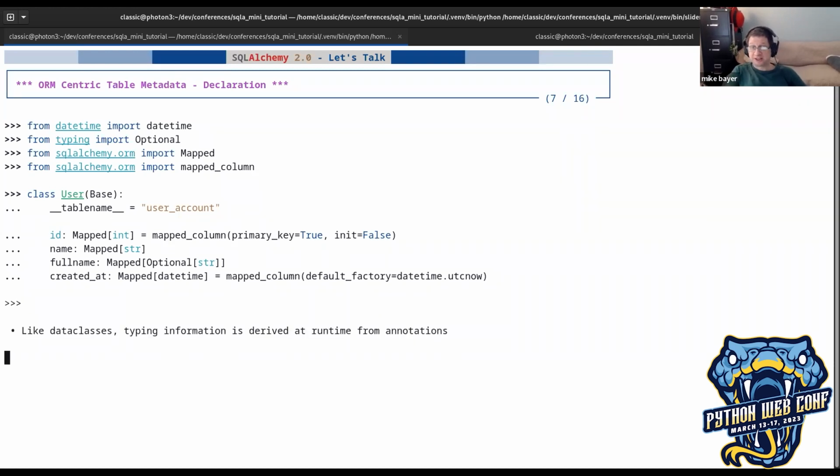So if you know Python data classes, this would make a lot of sense. People are at first like, well, what's this Mapped thing? That's ugly. What if I just call it int? The Mapped, first and foremost, says to SQLAlchemy, hey, this is not just an int, this is actually mapped, so I want you to map it. That means you can have other attributes that are not mapped, that are also part of your data class, which is nice. And also, this Mapped thing does a whole lot with typing,